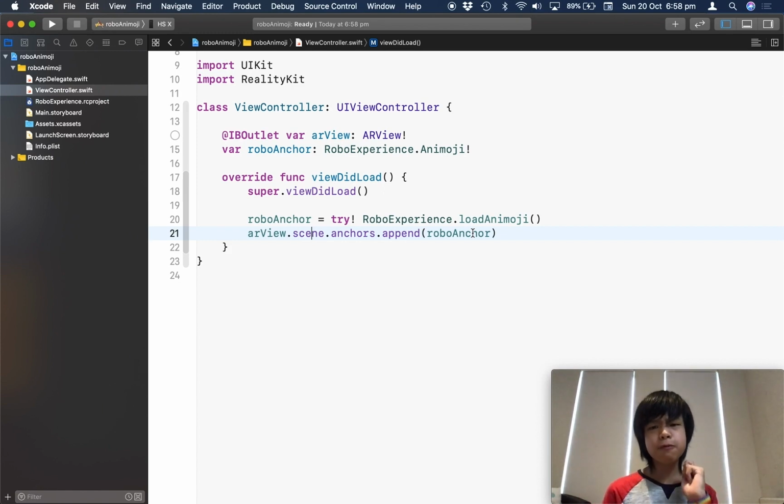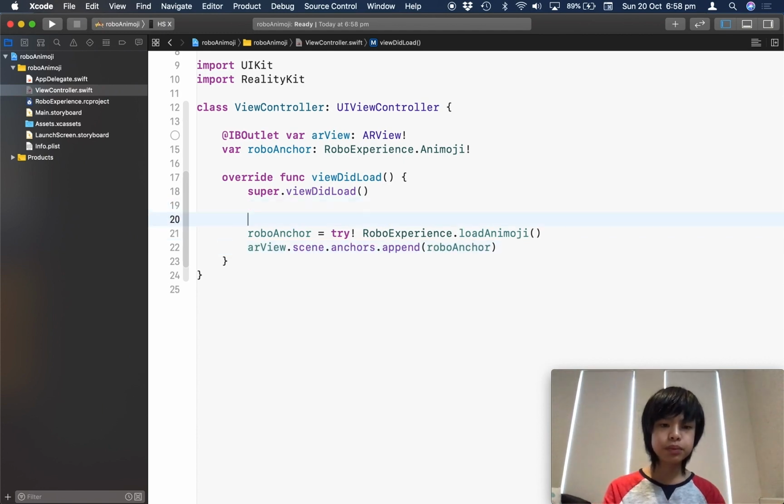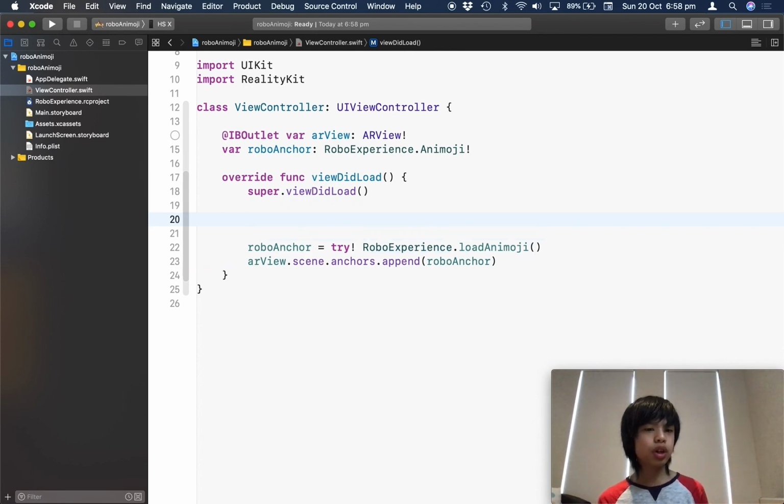But we're gonna use a face anchor, meaning that we have to use a front-facing camera, the TrueDepth camera. For those of you who don't know what the TrueDepth camera is, it's just a face tracking system made for iPhones. It's just for the newer iPhones, like iPhone 10, iPhone 11. The iPhone 11 is a new one, unless you're watching this from like 2020, 2030. There'll probably be newer phones. Anyways,